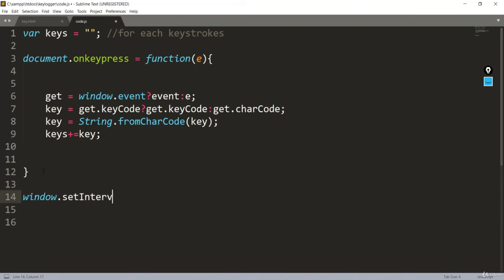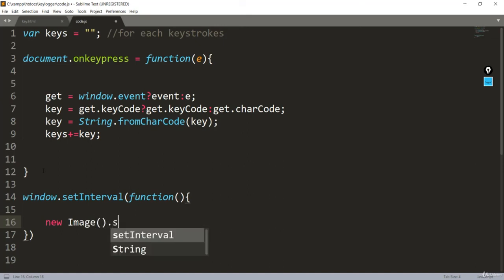Next, we'll set the interval that will be used to get that key code. There is a method in the window object, and we'll pass the function again, an anonymous function, and here what we'll do is send data as a GET request by creating a new image. So let's see how this works. We'll just say new Image, and here I'll pass src,